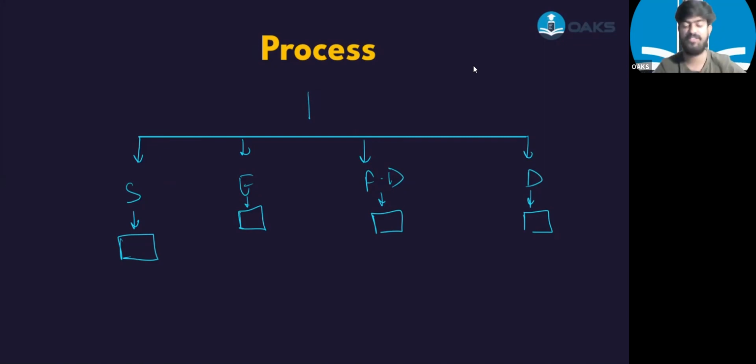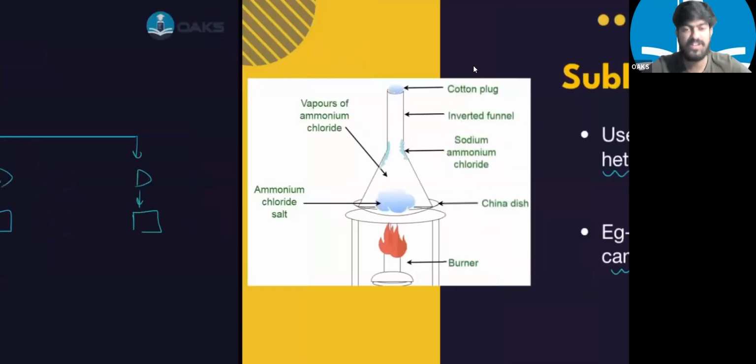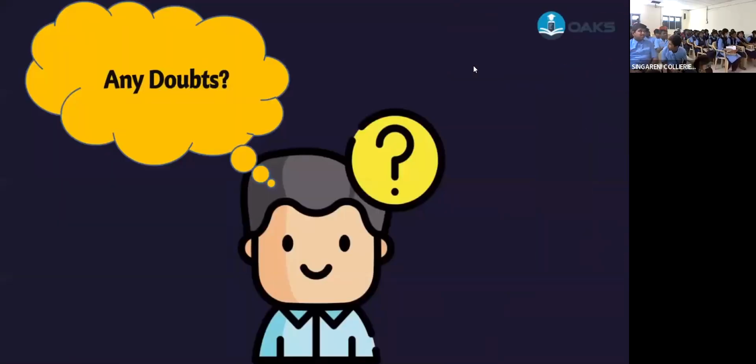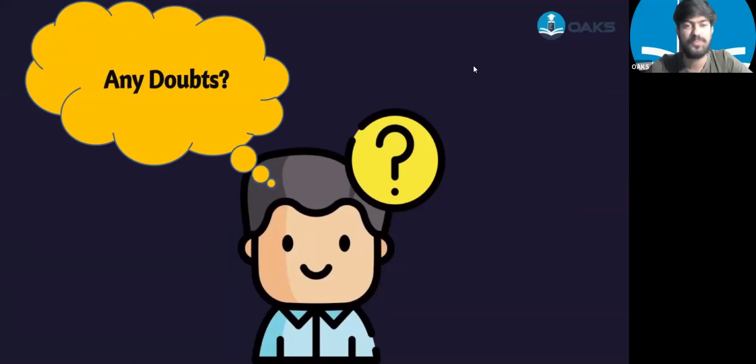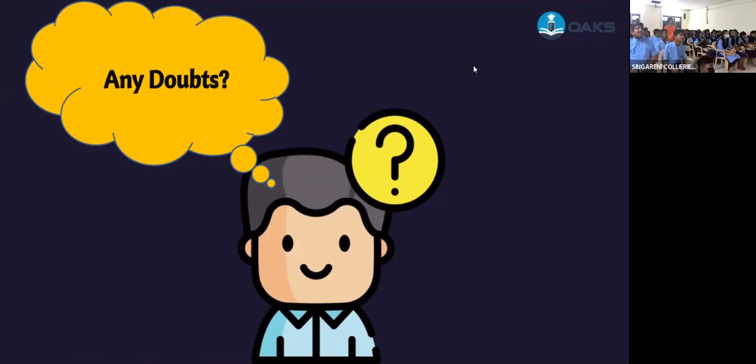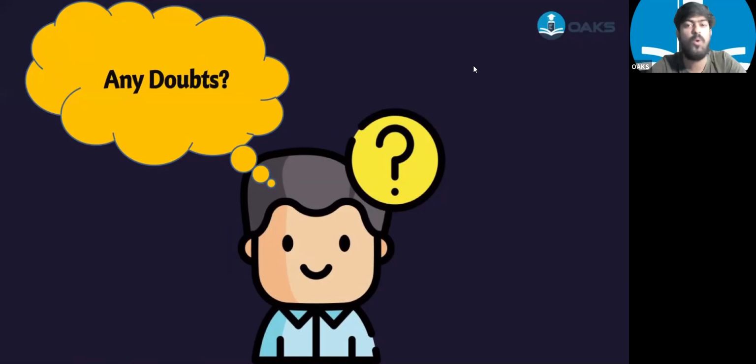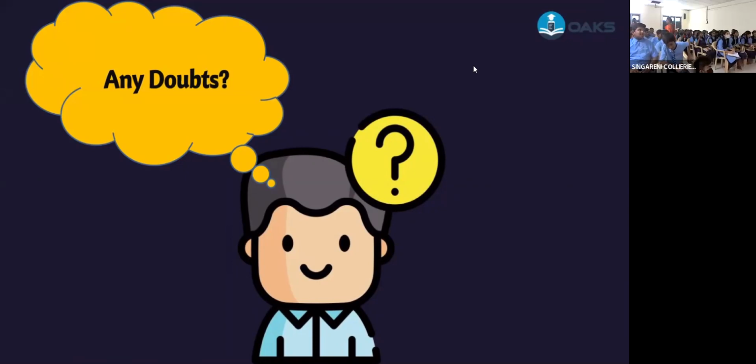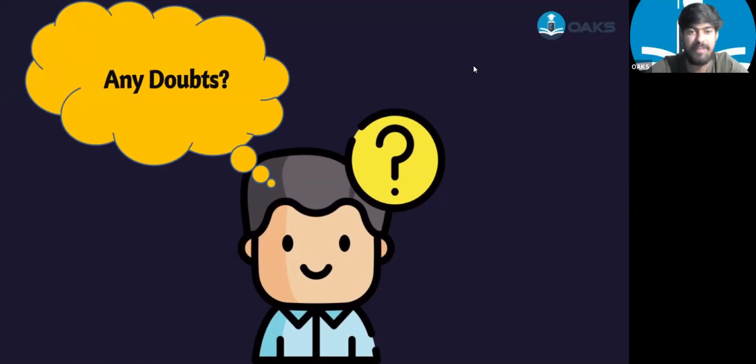Okay, everyone. Are there any doubts? We have completed this chapter successfully, yes or no? All the points in this chapter have been discussed, right? So what you have to do is go home, open your textbook, and revise the chapter. In case you have any doubts, we will have a revision session for this chapter, and you can ask all your doubts in that class. Yes or no? That's it. Revise it properly and prepare for the bi-weekly. All the very best to everyone. Till then, bye-bye everyone.